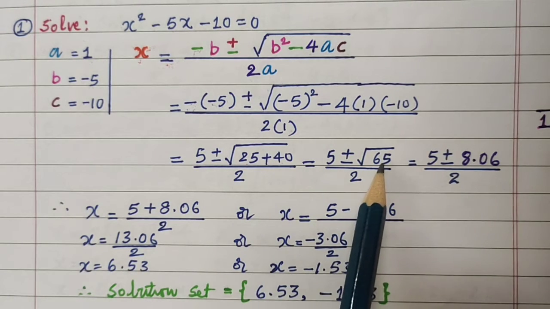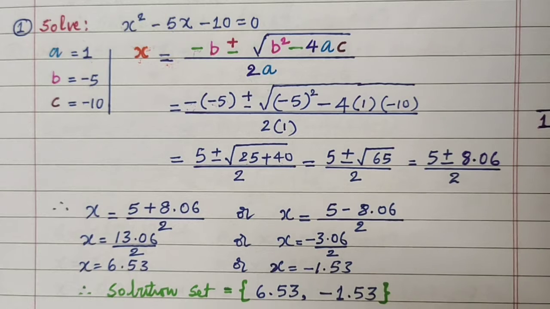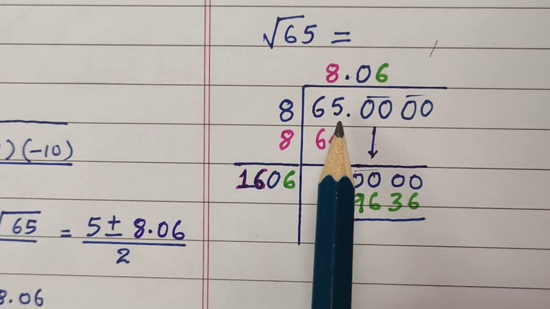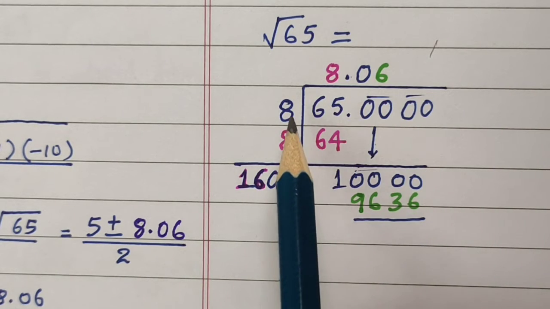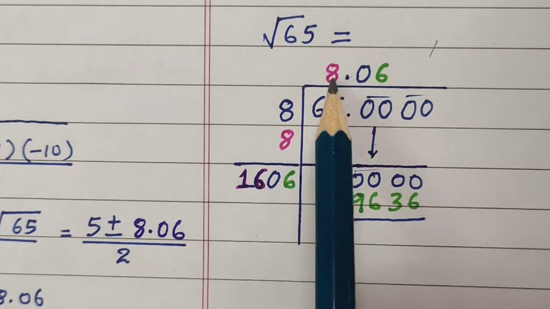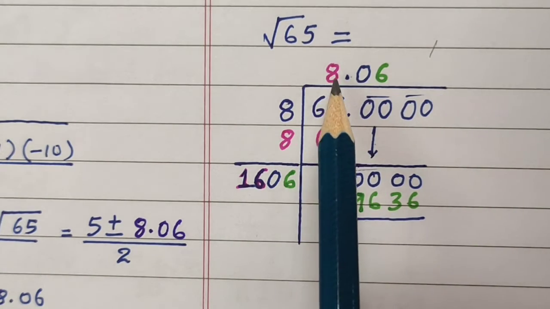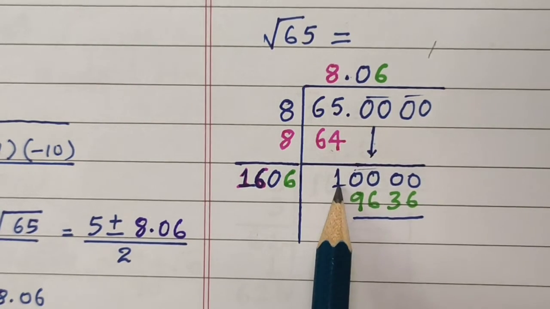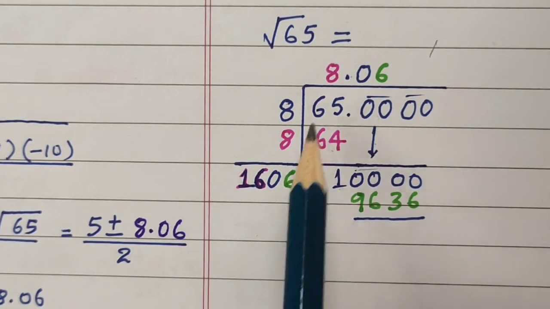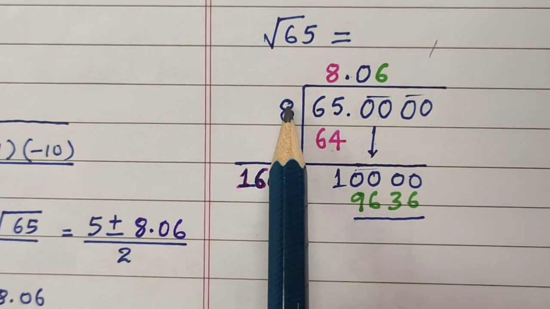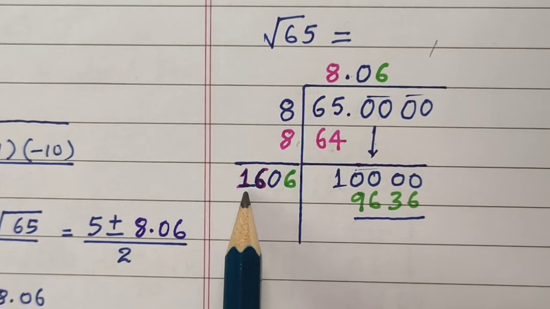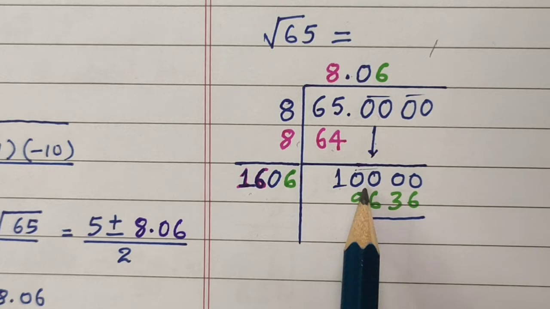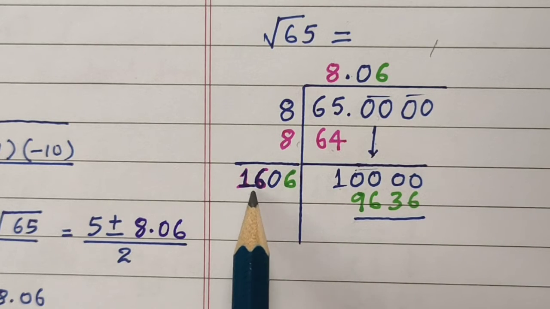We'll see how to find out the square root of 65. To find out the square root of 65, write 65 like this. The nearest number is 8 8s are 64. Once you subtract 64 from 65, you get 1, bring these two zeros down, then add this 8 to the old 8. 8 plus 8 will become 16, so 100. We cannot do it, already 16 is there,